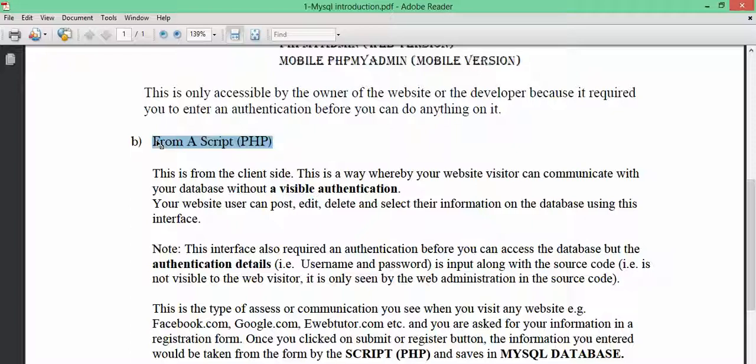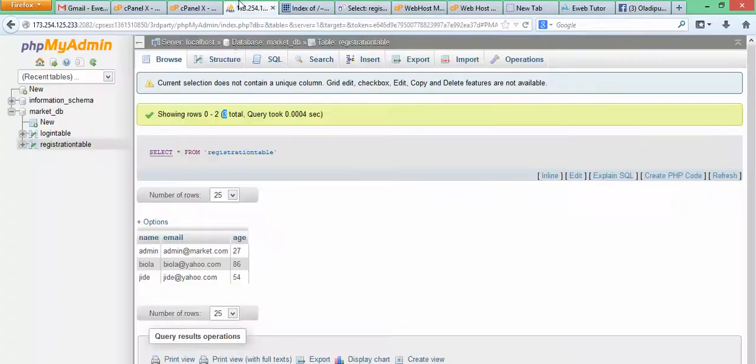But right now I have not explained to you how you will create the forms and how the form is going to post the data directly into the database. All I just explained to you is, as a web administrator, how you'll be able to access your MySQL database, and you can also insert data yourself without using a normal registration form. So you can insert data yourself,